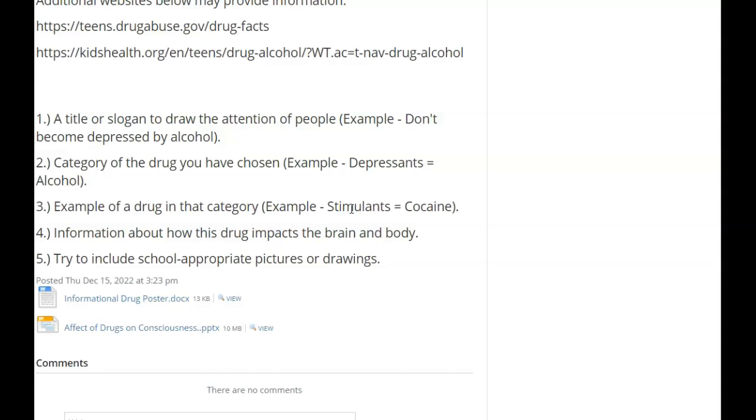Example, don't become depressed by alcohol, right? Number two, category of the drug you have chosen, such as a depressant, which would be alcohol. Number three, the example of a drug in that category. So if you chose stimulants, you would give the example of cocaine, talk about how the drug impacts the brain and body,